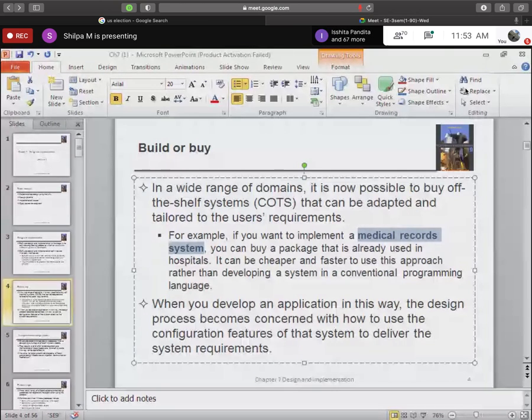The other example given is a medical record system. If a hospital management system is developed for one hospital, that can be reused. Suppose some companies, for example Infosys, are very popular, a company very versed in banking applications.